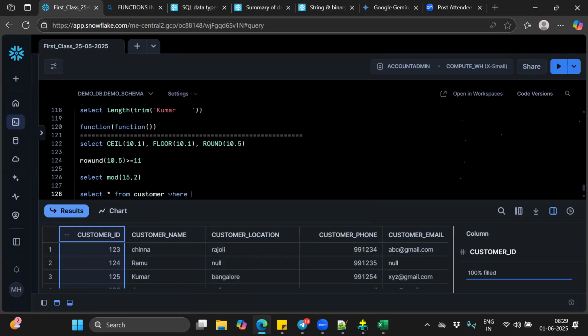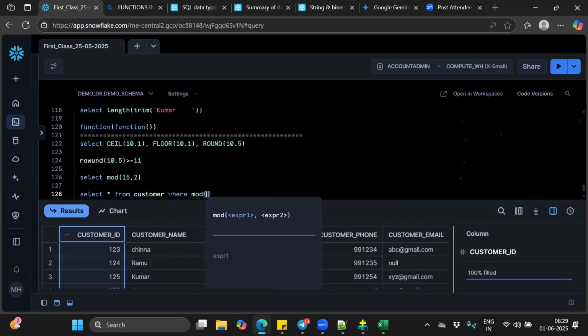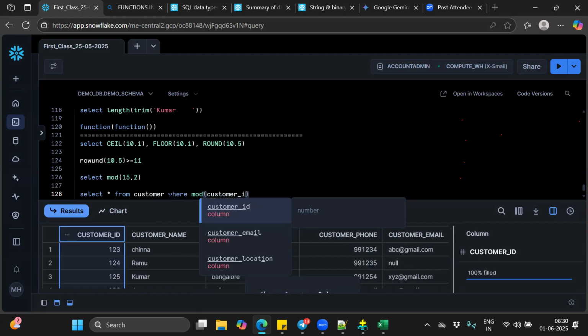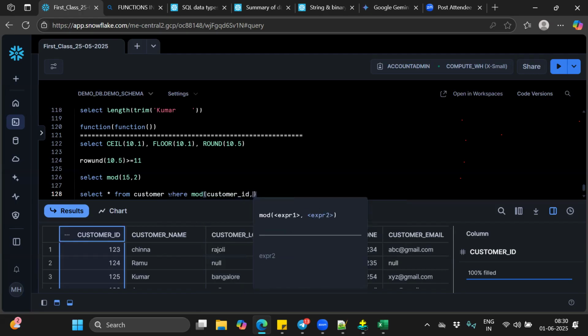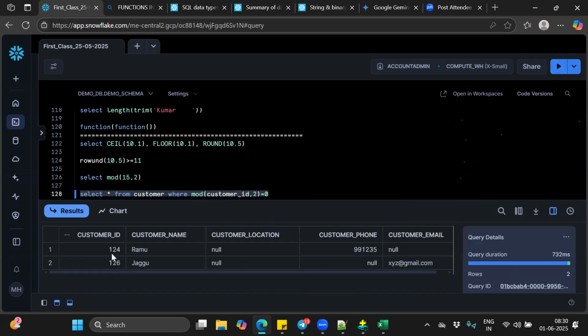Then, where mod of customer ID comma 2 is not equal to 0. Not equal to 0, sorry. Then what will happen? You will get only the even records. See, 124, 126. In an interview, they may ask this kind of question. 100%. If you give equal to 1,